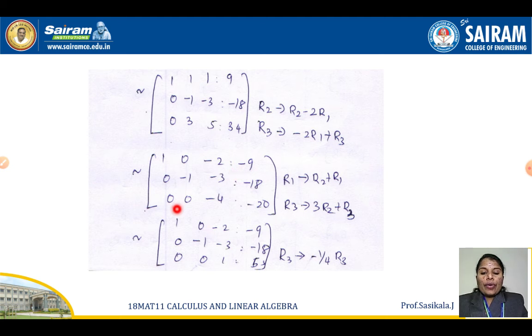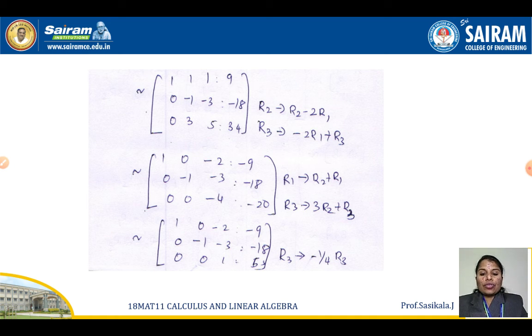Okay. Now you can see here the third row also. What is that? I need a 3. So just multiply R2 with 3 and add it. So 0, 0, I'll get 0. Minus 3 plus 3 will be 0, and minus 9 plus 5 will be minus 4, and then minus 18 and 3 into again plus 34, I'll get minus 20. Okay, so here parallelly we made 0 for the first row second element and third row second element also, right?